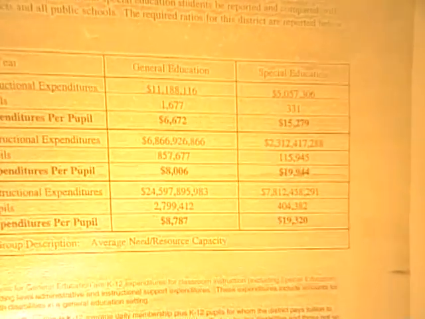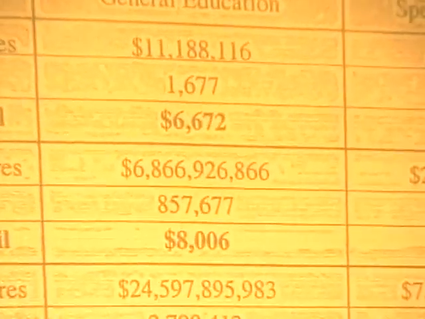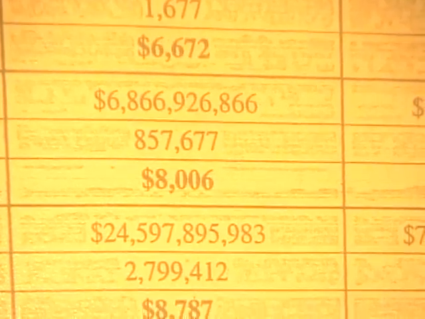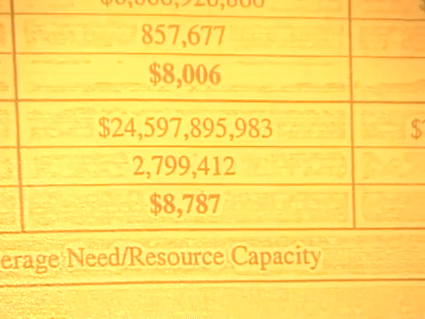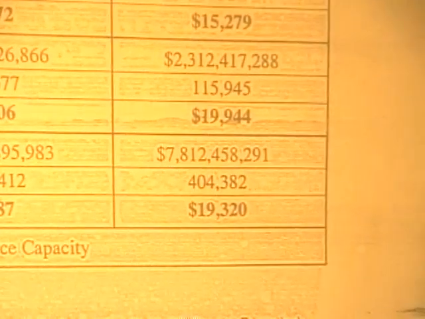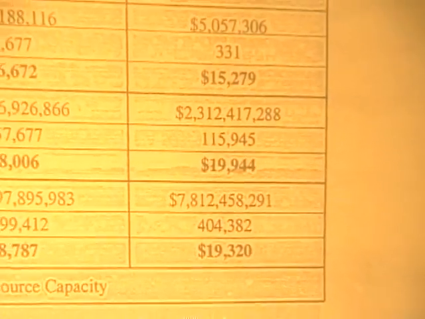$15,279 per pupil, and similar school districts are spending $19,944, and all the schools in New York State on an average are spending around $19,320. Now, I start with this in order to explain to you one of the real concerns that we have,